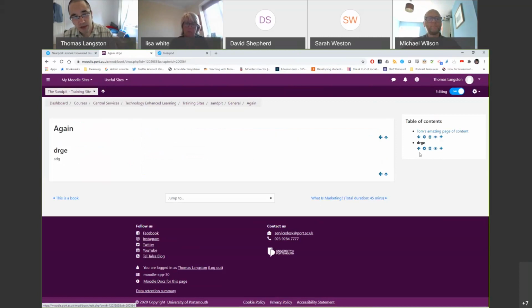Well, just before I jump in, there are now arrows. Obviously, these arrows here allow me to move stuff up and down. So Tom's amazing page of content, actually, it's too early in the book. I need Durgi at the top. So I'm going to move that up. So that's now the first page the student would see when they came into the book. If I edit that page again,